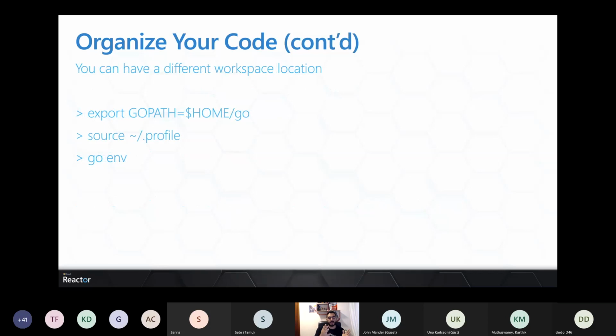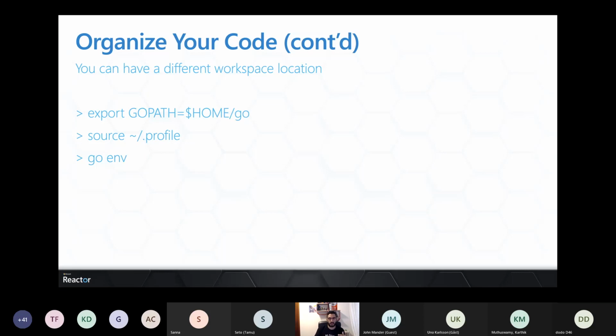So the first thing is that, again, by default, you're going to have it in your home Go path, but you can have a different location if you want to. However, you cannot have multiple locations, right? Because all the projects are going to share the same workspace.